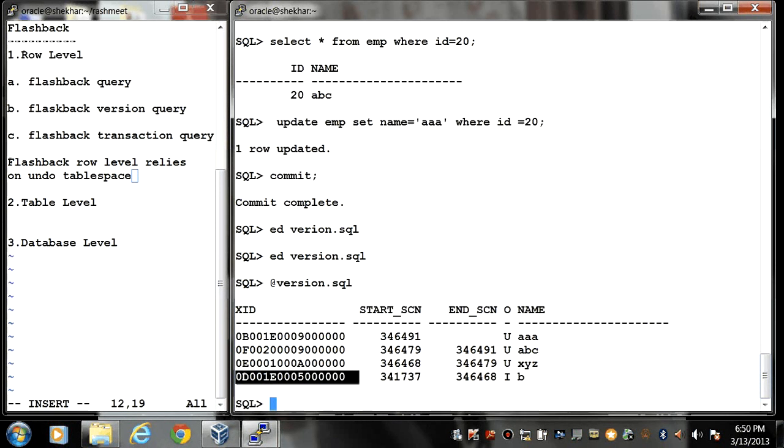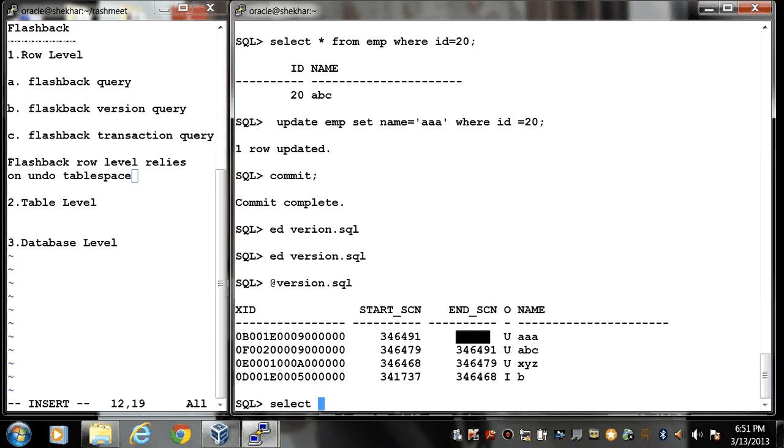Now here this is the transaction ID. So first this ID has been inserted. So at that time, that is the start SCN and then the end SCN. So after that I updated XYZ, then updated ABC, and then again updated AAA. So now end SCN is nothing. It means this is my current value.